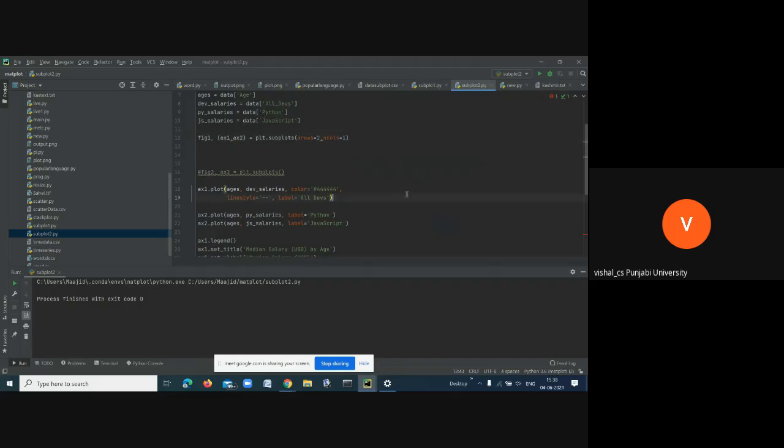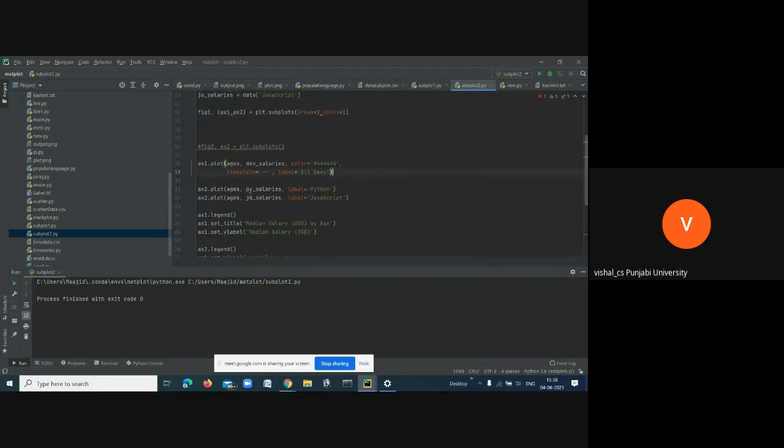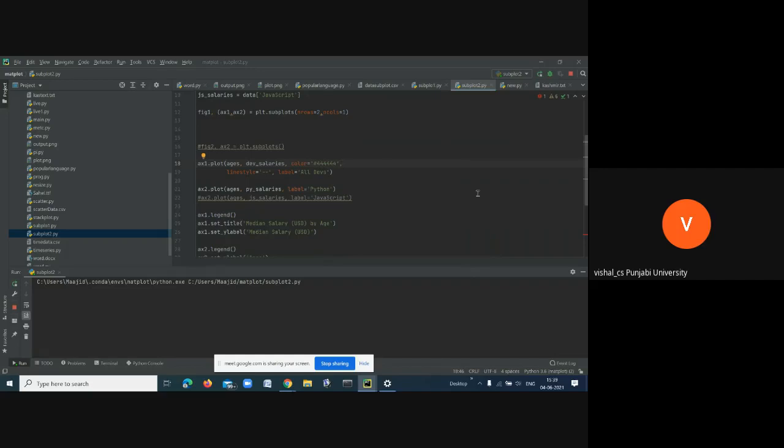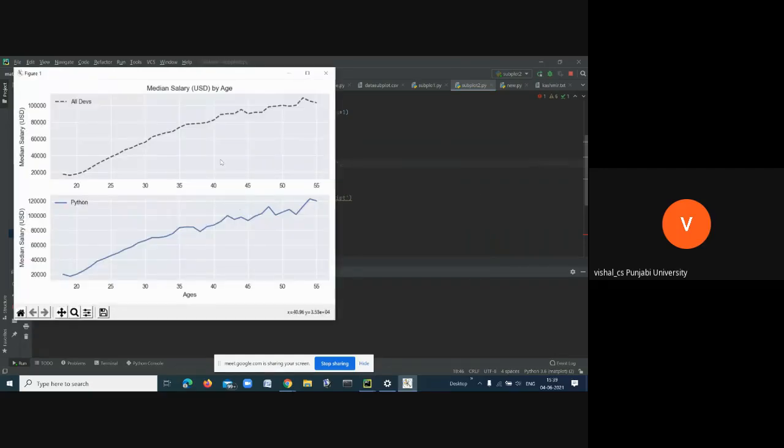See, if I do this, you will see what will happen. See, in the same figure, what have I got?